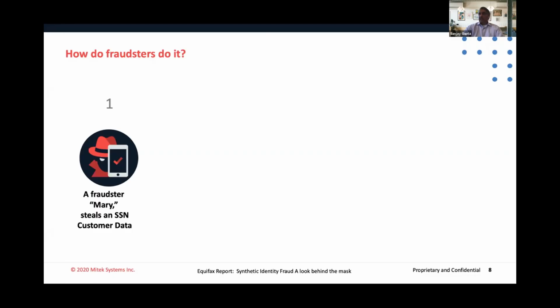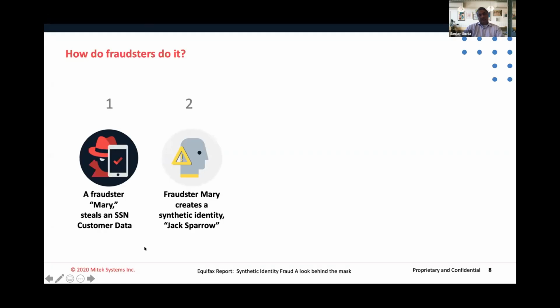When we file our taxes, people get their application stolen. So you can get what's here in the US a social security number. I think there's an equivalent, let's say in the UK and then in other geos. But here, the social security number ties you to the individual and it's issued by the government. So they basically steal the social security number and then they create a synthetic ID.